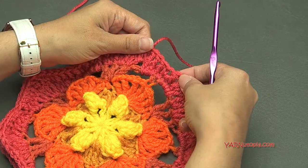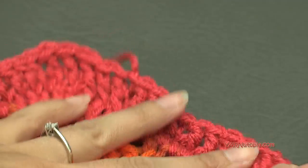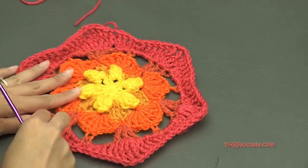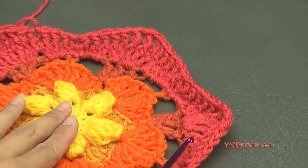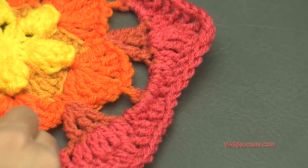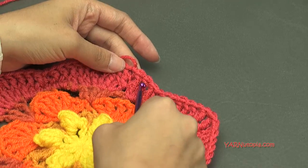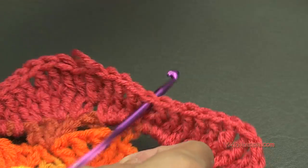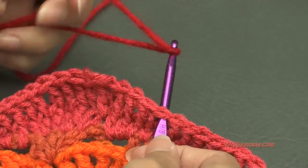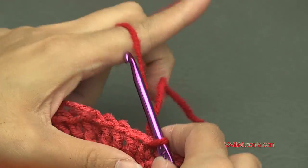This next round, we are going to start in any single crochet. Okay, so you can see here are all the points here, and in between the points there's a single crochet in the center of each one. Okay, so we're going to start in any one of those. I'm just going to go backwards 4 stitches here and go into the single crochet right here. And then we're going to pick up our next color, hook that on the hook, and pull it through,